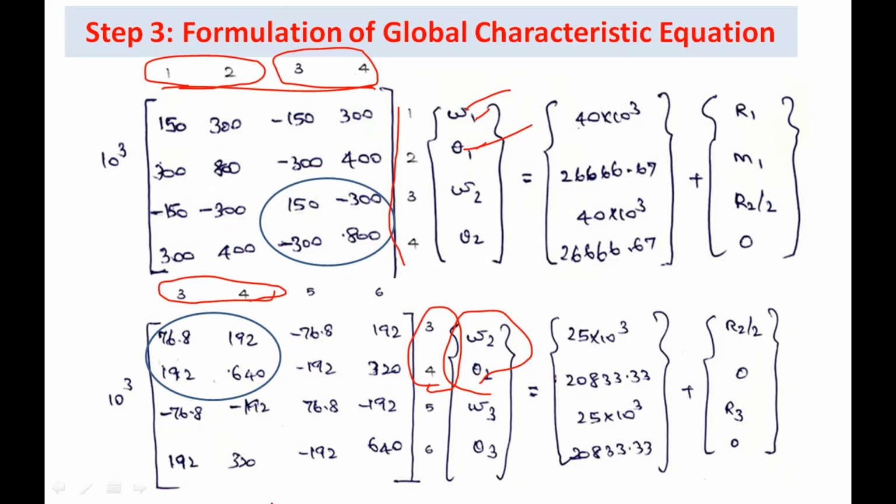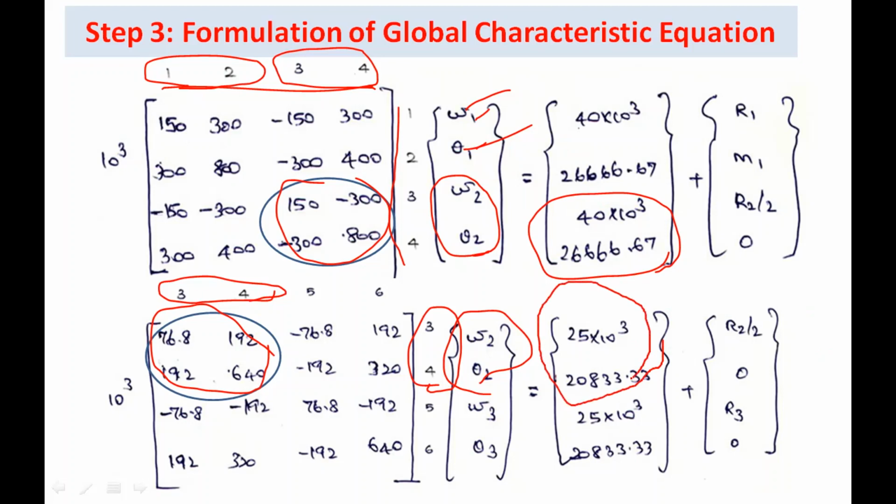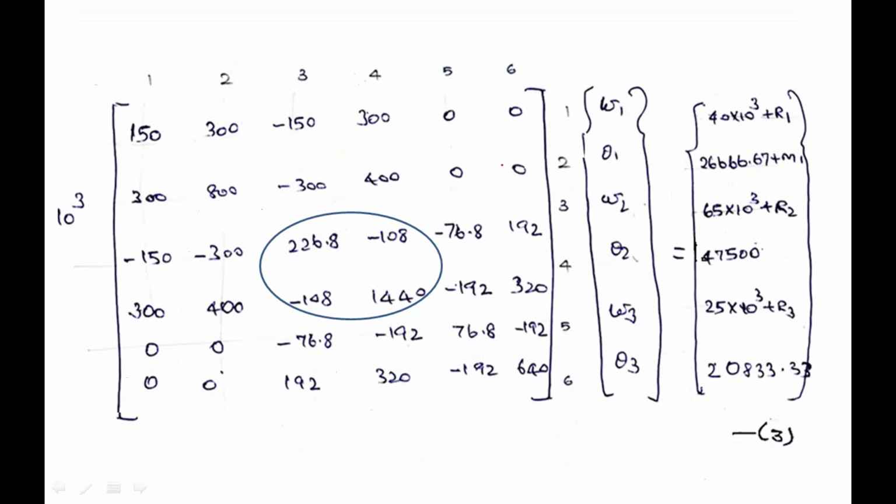The global stiffness matrix size will be a 6 by 6 matrix. To form that 6 by 6 matrix, we can use this numbering scheme. So the elements of the matrix for the common degree of freedom W2, theta 2, these and these will be added carefully to form the global stiffness matrix. Similarly, we have to write the right hand side values. So here these forces and these forces should be added for the common node. So we have to add these two element characteristic equations carefully, then form the global characteristic equation.